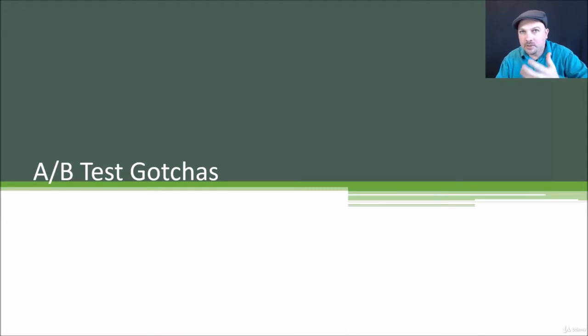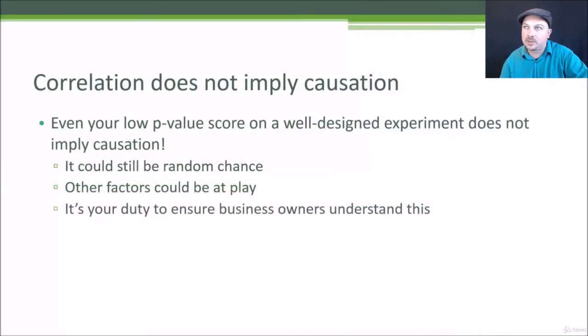You know, it sounds really official to say there's a p-value of 1%, meaning there's only a 1% chance that a given experiment was due to spurious results or random variation. But it's still not the be-all and end-all of measuring success for an experiment. There are many things that can skew or conflate your results that you need to be aware of. So even if you see a p-value that looks very encouraging, your experiment could still be lying to you. And you need to understand the things that can make that happen so you don't make the wrong decisions.